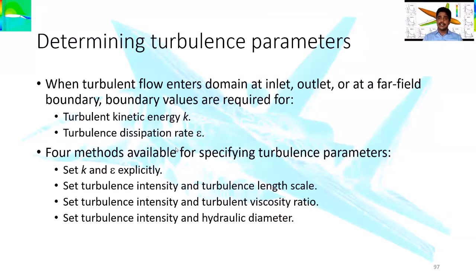There are four methods to define the turbulence rate in the fluid flow. We set the turbulence intensity and the length scale, or we define the intensity and the viscosity ratio, or we define the turbulence intensity and the hydraulic diameter. These numbers are only the approximation we are going to give. If you keep a very high turbulence rate in your fluid flow, that means the fluid flow has turbulence initially. If you have more turbulence, it takes much time to reach the outlet of the domain, and in some cases because of this turbulence the fluid may get reversed back also.